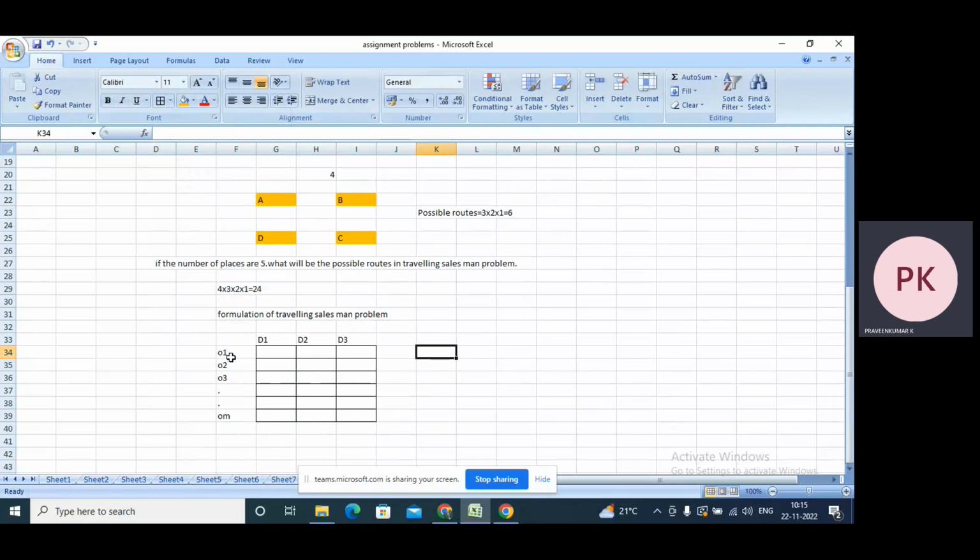Suppose his origin is O1 and he wants to go to D1, so he has to spend some money. That is the cost C11. He is spending C11 rupees to reach D1 from O1. Similarly, this will be C12. C12 indicates if a traveling salesman wants to visit from O1